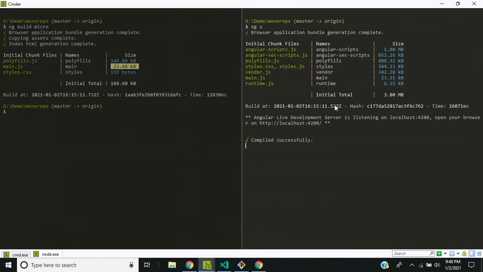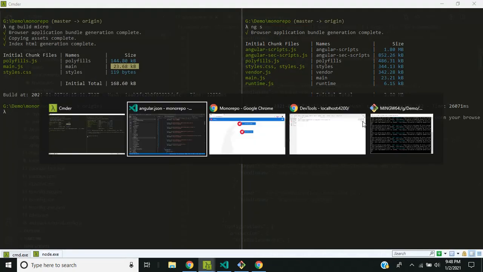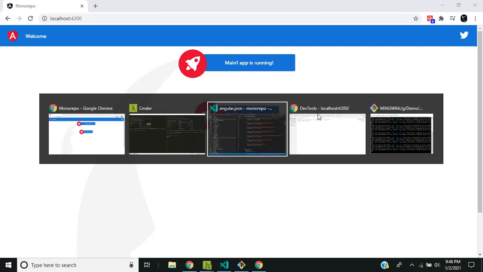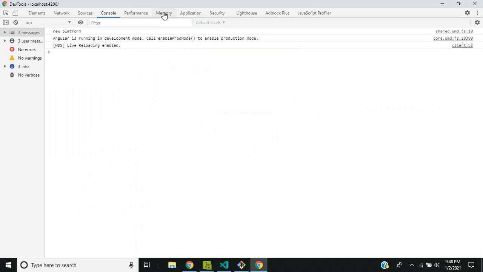And I have started the serve process. Now if I refresh the application, you can see that the name of the micro or the application is changing in both the applications irrespective of whether it is a main or a micro app. When we do a memory analysis also, we'll be able to see the same.